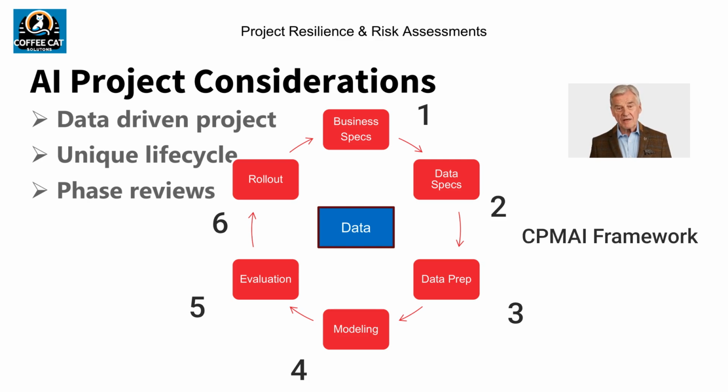Let's take a look at PMI's CPMAI AI Project Management Framework. CPMAI stands for Cognitive Project Management for AI. This management framework has 6 development phases. Phase 1 defines the business needs case for using AI versus more traditional data processing approaches, and the project's cost